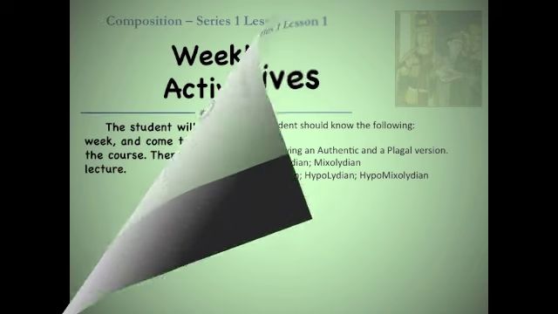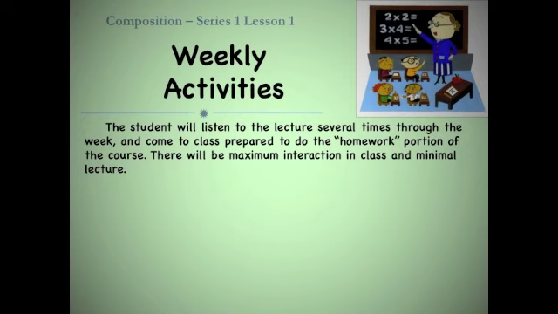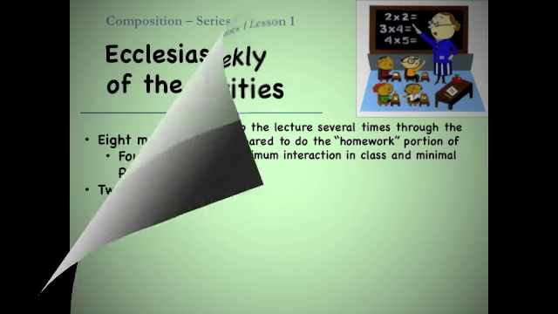The activities in this course will be on an individual basis and a classroom basis. For the individual activity, the student will observe the video of this lesson several times throughout the week. In the classroom, the class will actually do what would normally be called the homework. Students will engage in class discussion and will demonstrate their mastery of the objectives. The instructor can choose to evaluate the student's mastery of the material via a quiz or just verbal discussion in the class. So let's dive in and get started.